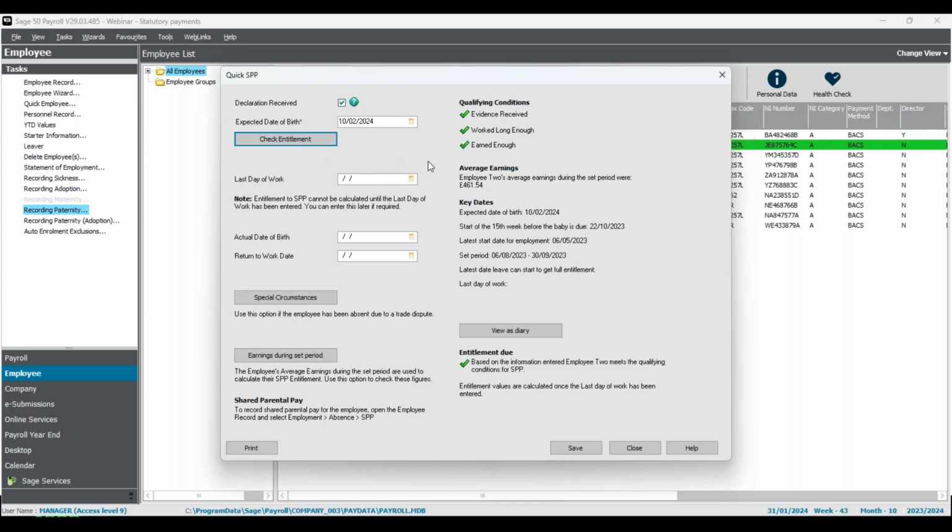And the payroll is essentially running some little background checks to see if this employee fits these qualifying conditions. So the evidence is received. They have worked long enough, so their start date was before the 26 weeks prior to the qualifying week. And they have earned enough as well. So they've earned an average of at least £123 a week in the 8-week period leading up to the qualifying week. And speaking of average earnings, if we look just below this, we can see the payroll's calculated the average earnings at